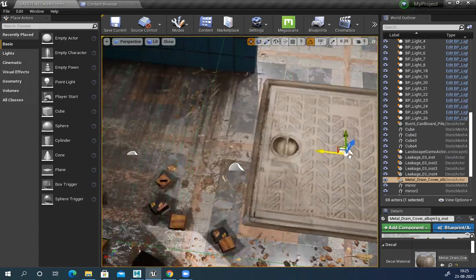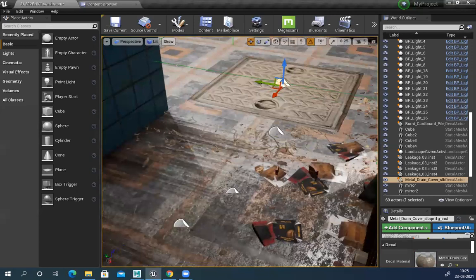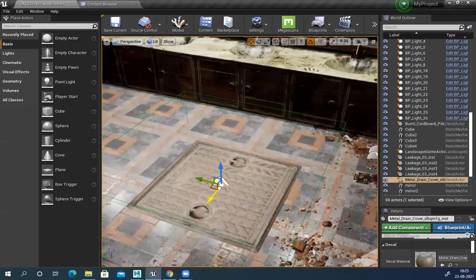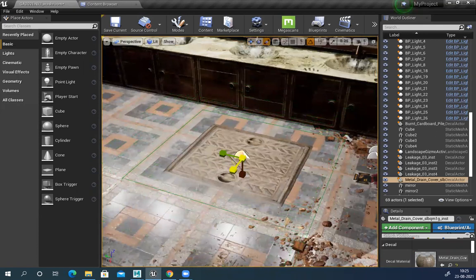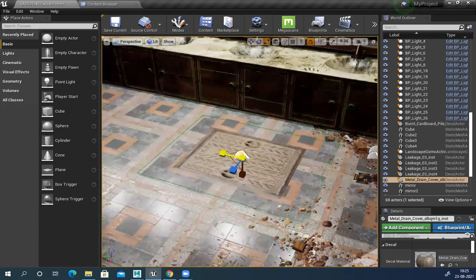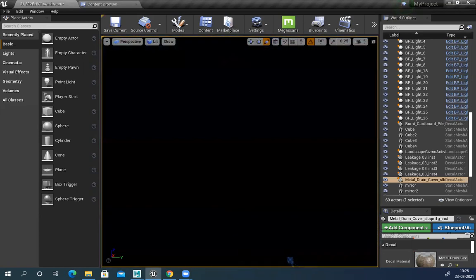Let's see. Place it somewhere here, or maybe. And I can see it's way too big. I placed it.